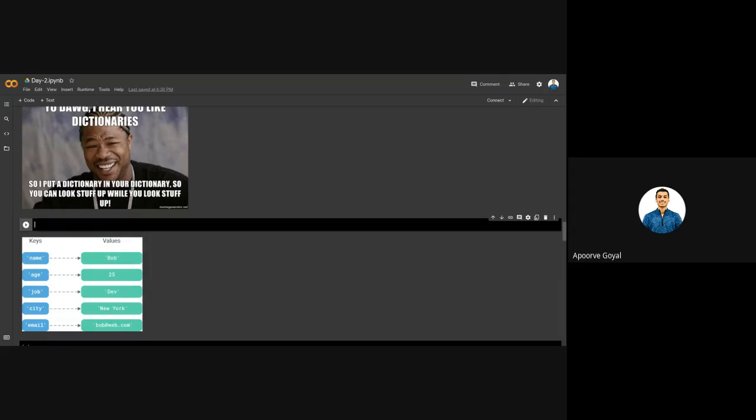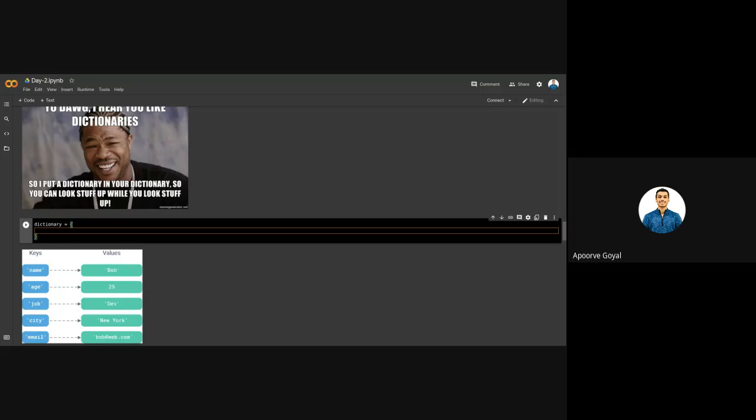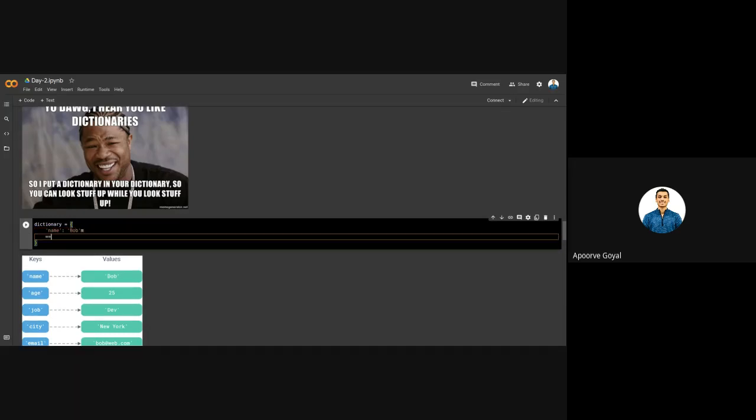Whenever you have to define a dictionary, there are multiple ways. We will go with the classic one. I will write dictionary equals, then in braces, first I write name. Here it is Bob, and then it is age.